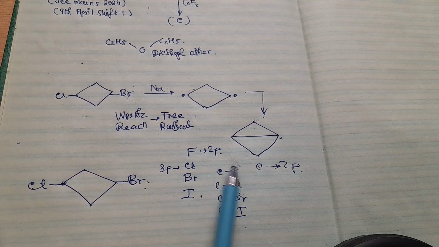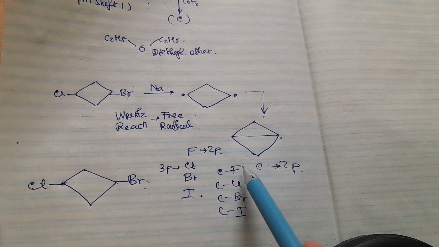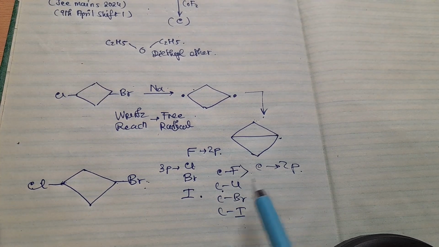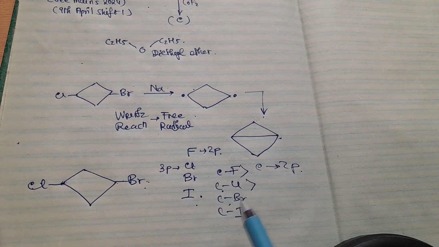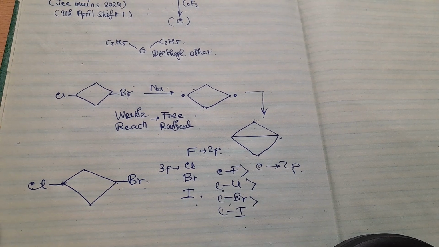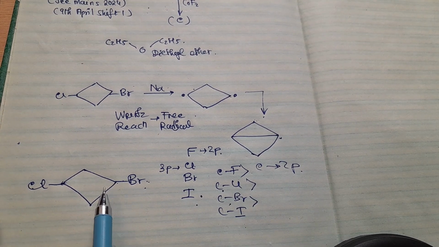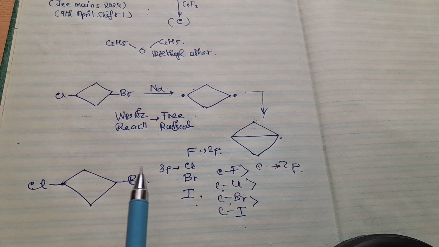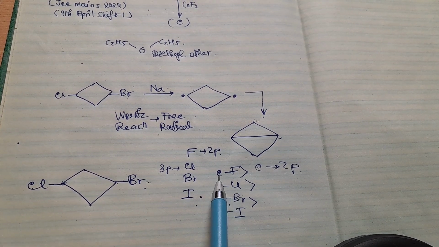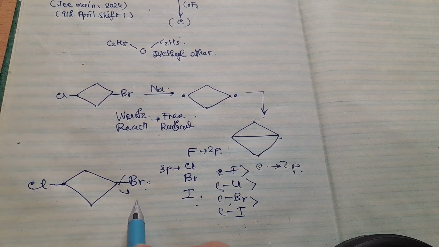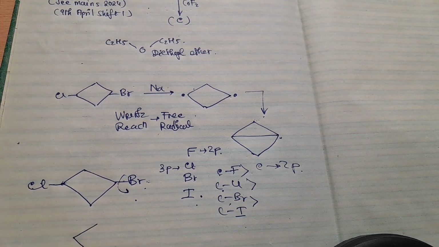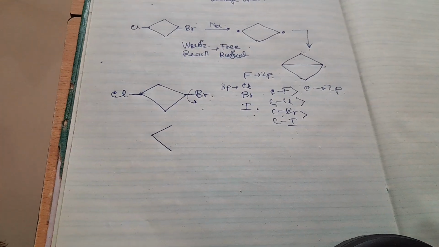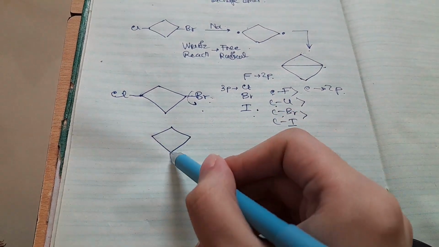So definitely the carbon-fluorine bond is stronger than a carbon-chlorine bond, which is stronger than a carbon-bromine bond, which is stronger than a carbon-iodine bond. So obviously between the carbon-chlorine and the carbon-bromine bond, the carbon-bromine bond should break because it is weaker than the carbon-chlorine bond. If this bond breaks, the sodium will take up the Br to form NaBr, and